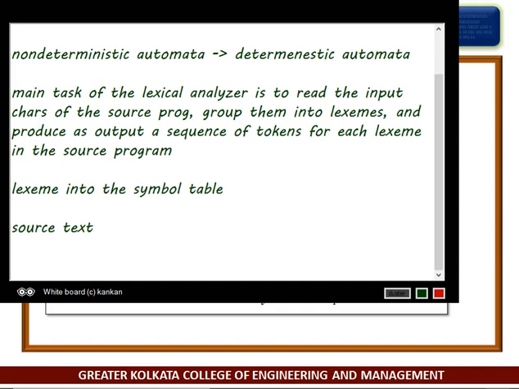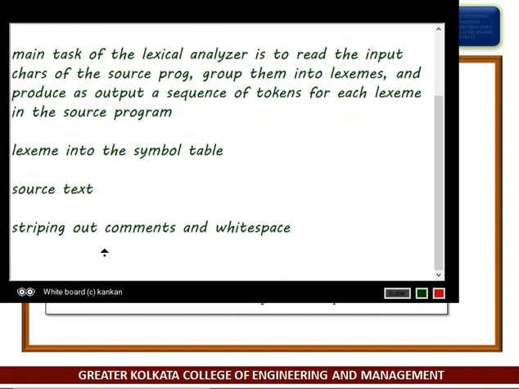One such task is stripping out comments and white space, that is blank, newline, tab, and perhaps other characters that are used to separate tokens in the input.